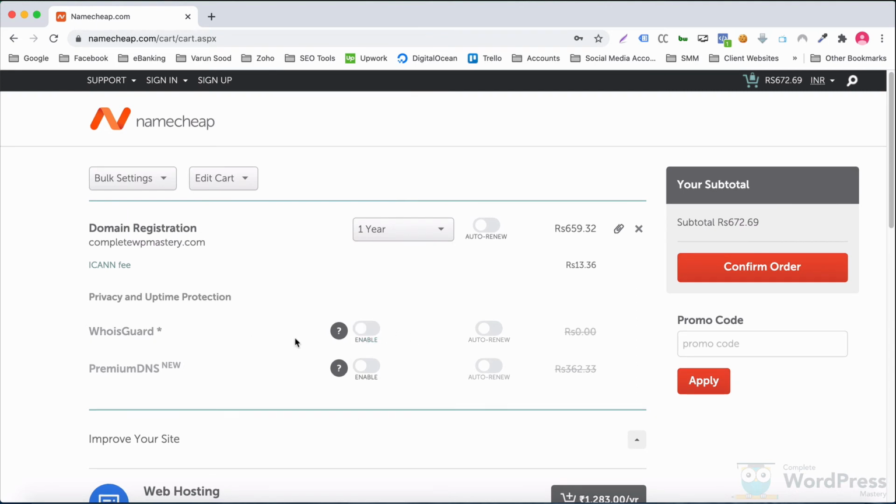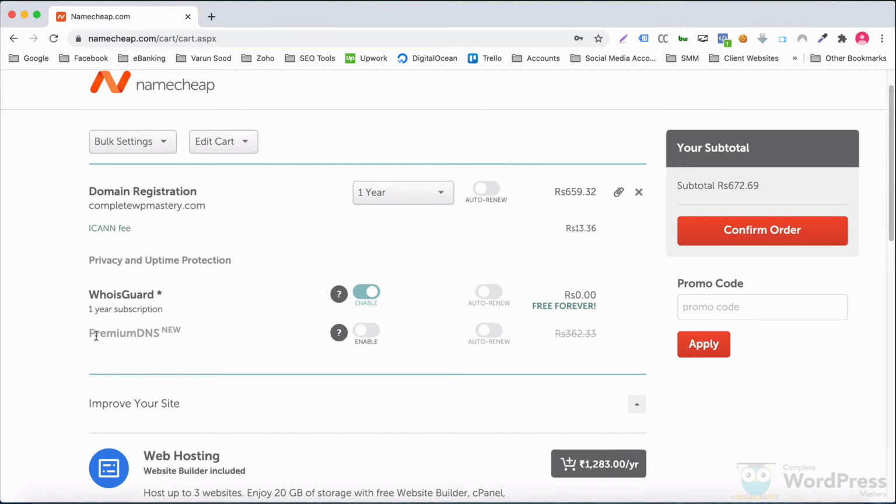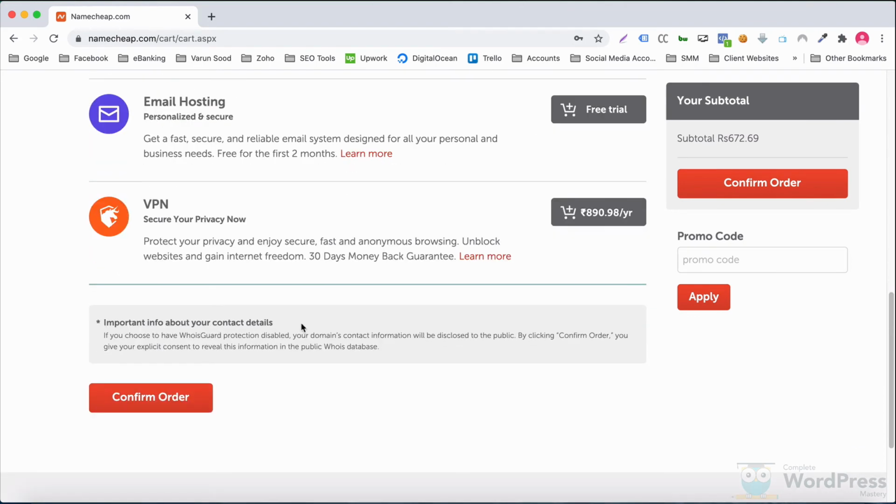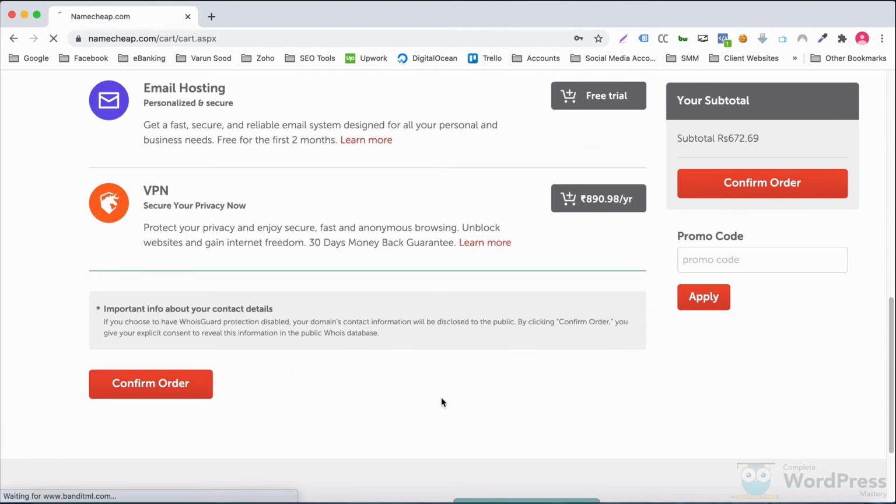Obviously, the choice is yours. You can disable or enable it. It is up to you. I don't want premium DNS. I am 100% sure you also don't need this as of now. So I don't need anything else. So let us click on confirm order.